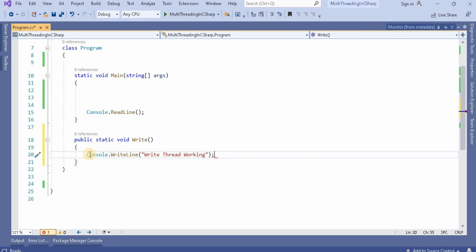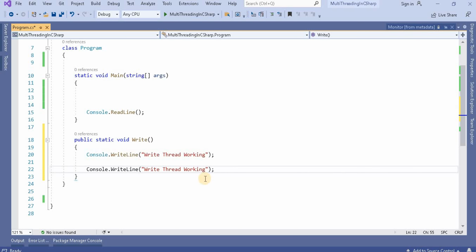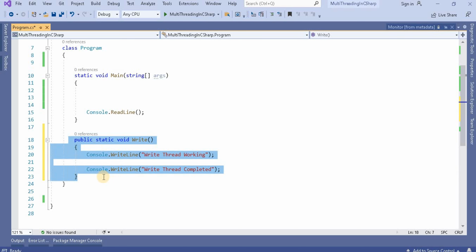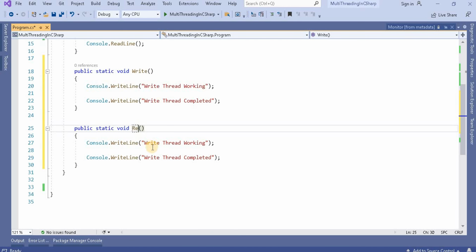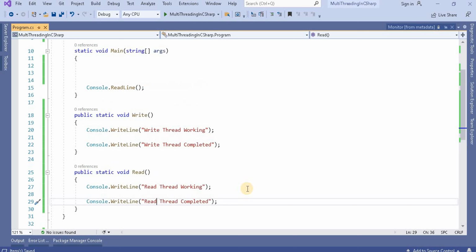Similar to this, I'm going to write "write thread completed". Now I'm going to create another method, the Read method, and similarly here I will write "read thread working" and "read thread completed". So these are the simple methods I have written.